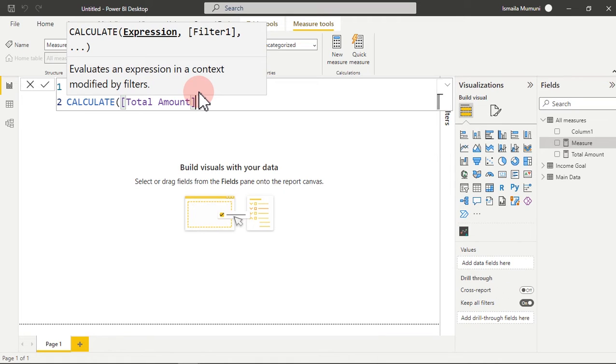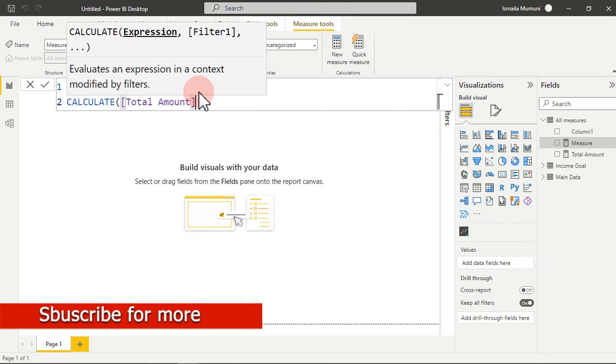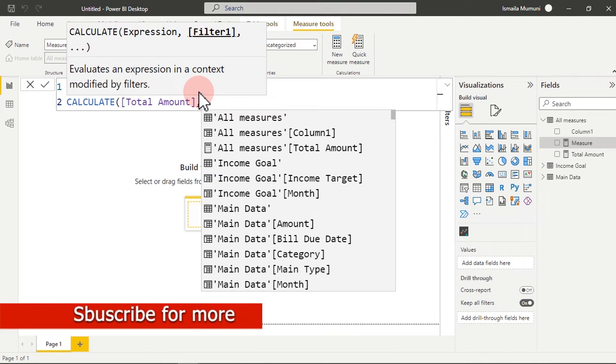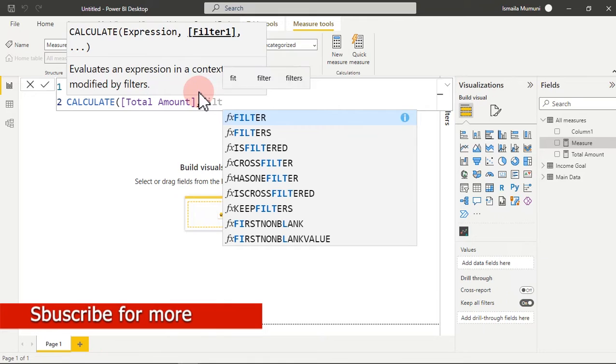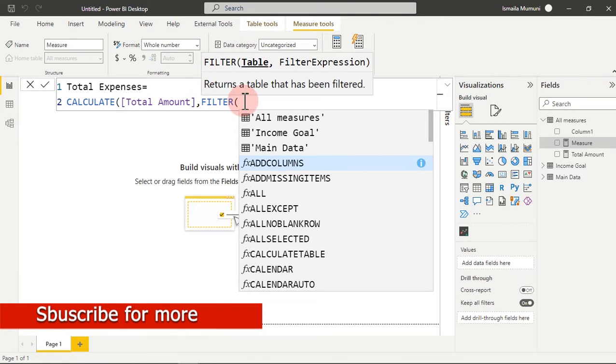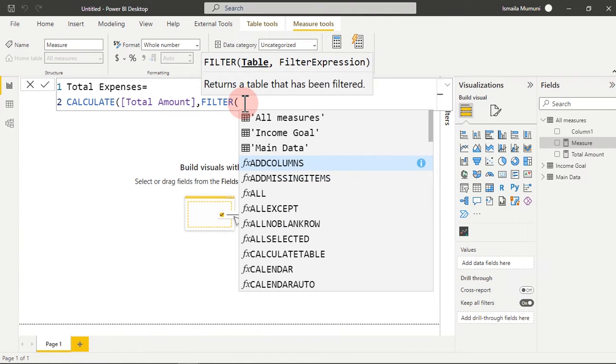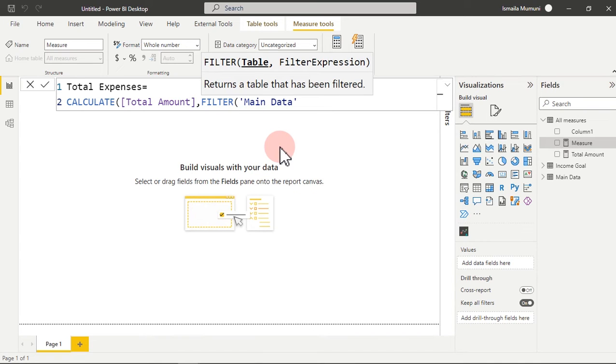And now we want to filter the expenses we've incurred. So I'm going to put my comma right here and use a function called FILTER. FILTER is looking for a table. In which table is the column we want to filter from sitting? It's sitting on Main Data, which is this particular column right here. So now we want to pull the column out and say where this particular